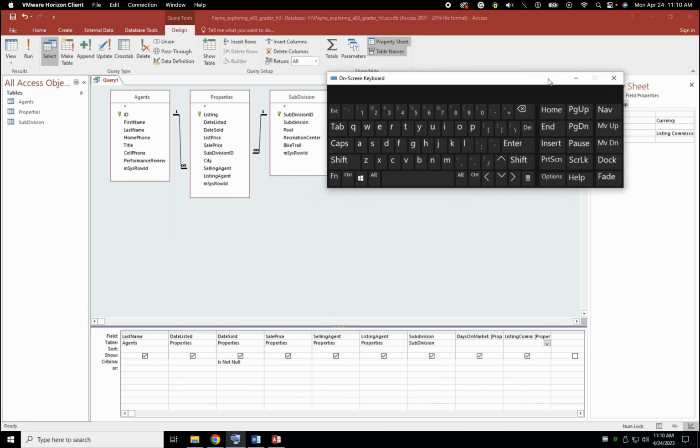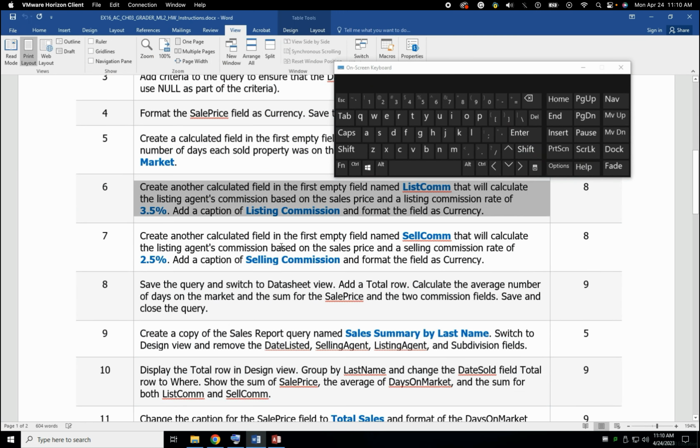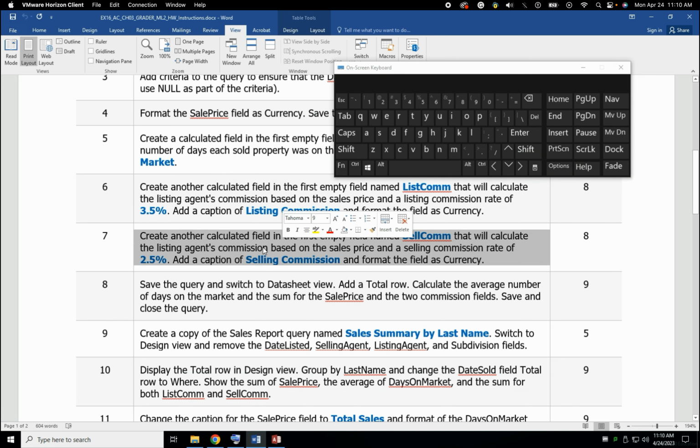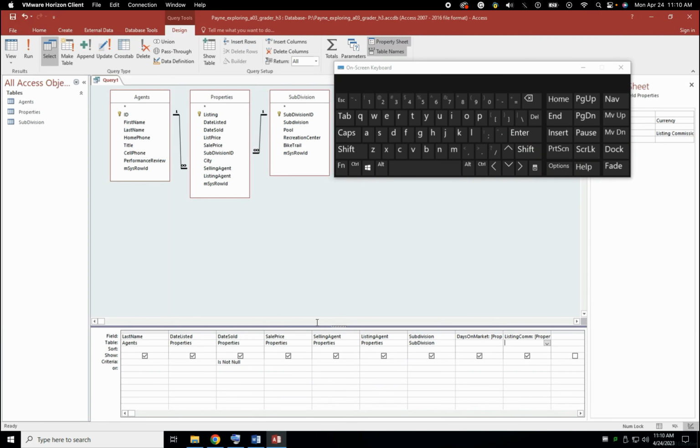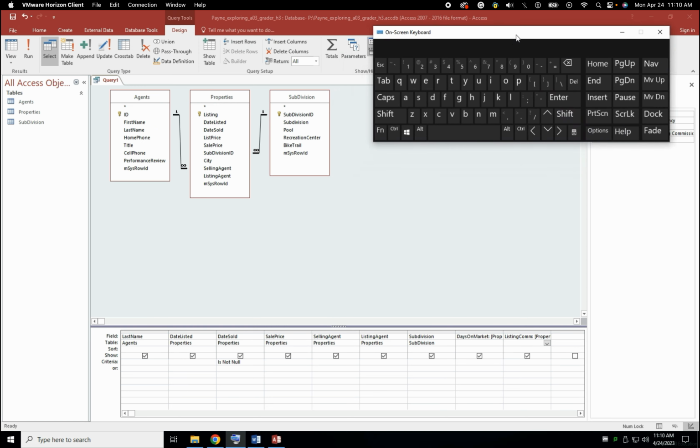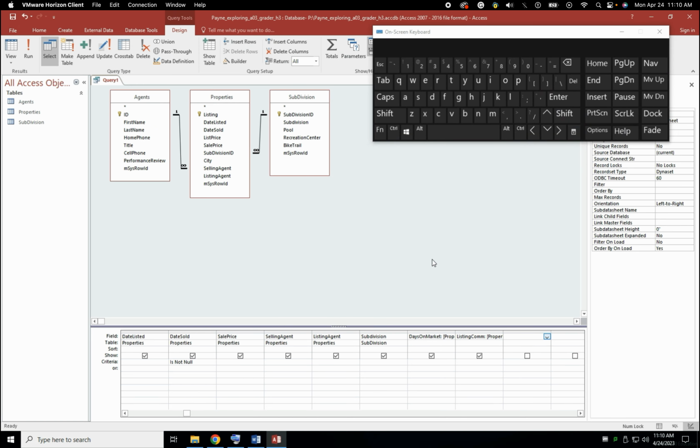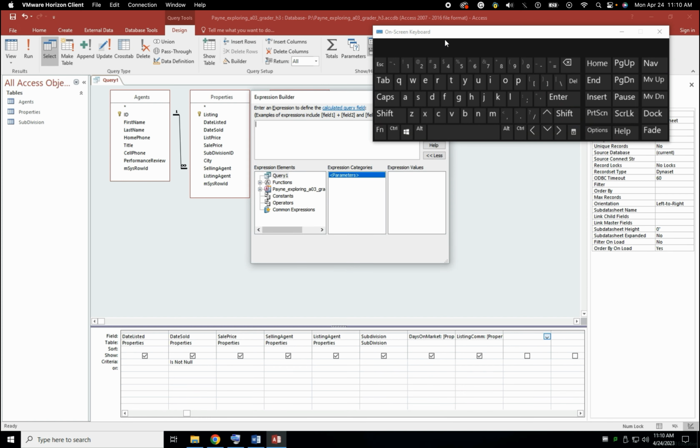Oops. There we go. Alright, now we're going to do the same thing, but we're going to do this for the selling commission at 2.5%. So it's essentially the same process, but just a different percentage and a different name. Okay, so we'll start here. Go to the builder, and we'll say selling com. And again, it's going to come from the property sale price,